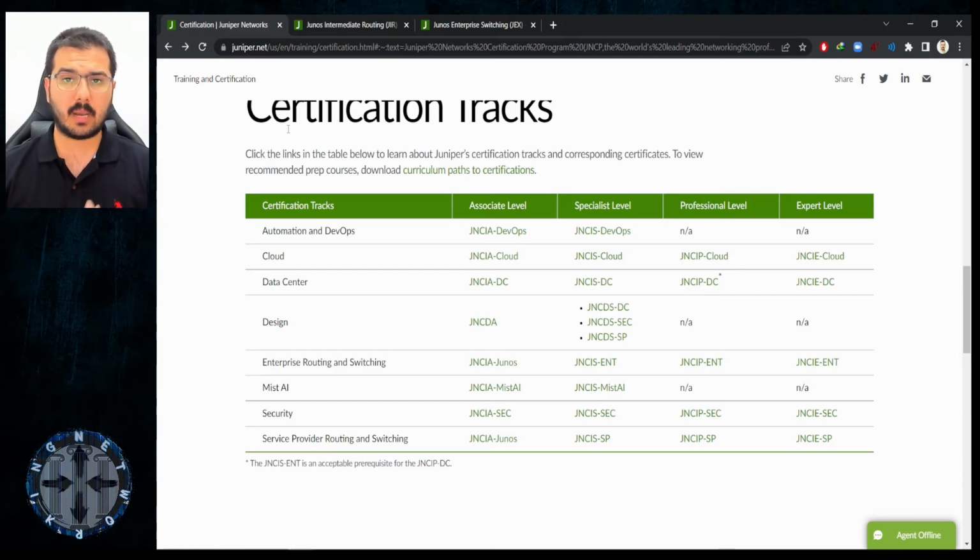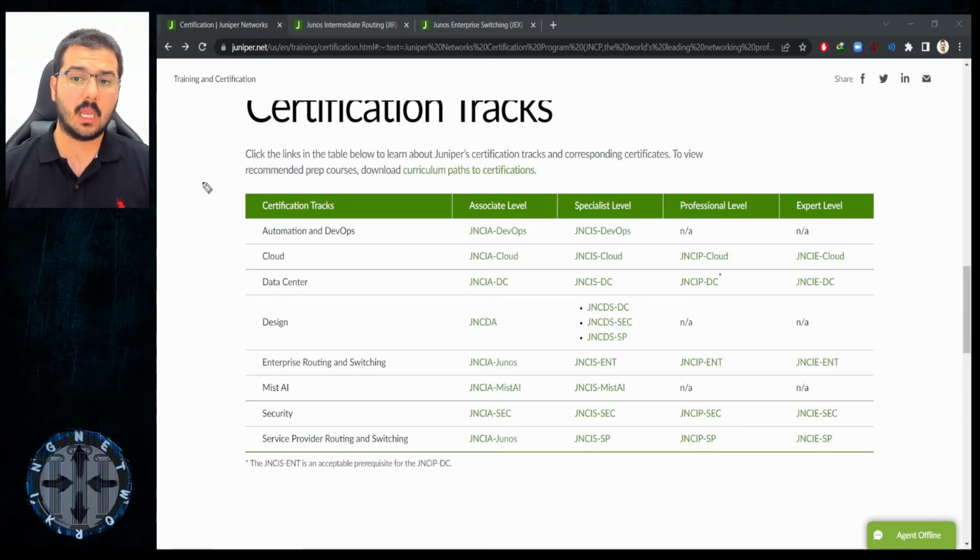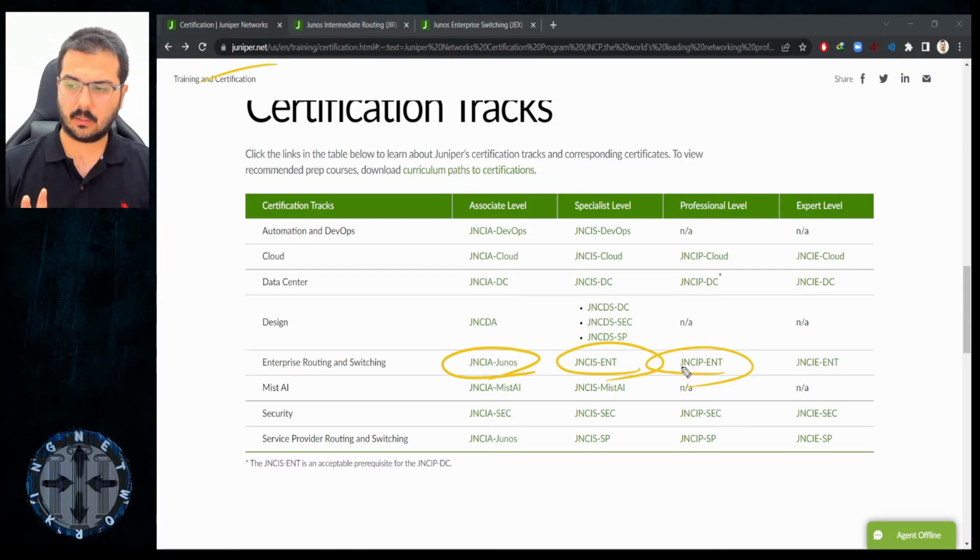So I collected a lot, I passed a lot of exams, and I have written a lot of slides by my hand and implemented a lot of solutions on virtual environments like EVE-NG by using VMX and VQFX images, etc. So I created so far, if you follow me and follow the links that I have, English-wise, you will only find my content or English content for Juniper Networks only on orhanergun.net, the website that I showed you earlier. You'll find JNCIA Junos, JNCIS-ENT, JNCIS-SP uploading but not completed, JNCIS-SEC uploading not completed, JNCIS-SSP completed. So these are available. These are still not available, uploading, and part of this is available as well.